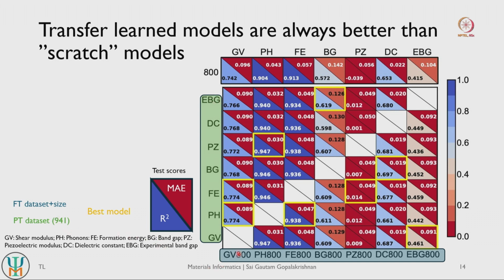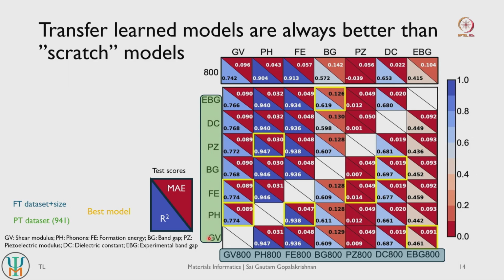And then for fine tuning we used 800 data points for all the models, just like the scratch models. So 800 is again the overall data set size, where we split this into 90-10. So 720 is used for fine tuning, and the performance is measured on the remaining 80 data points.